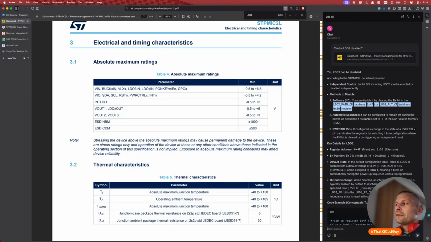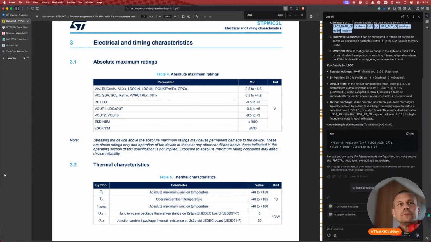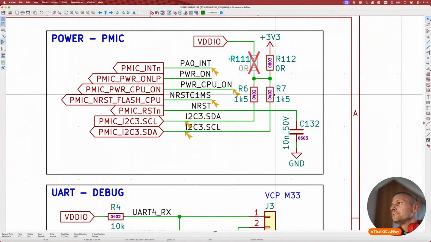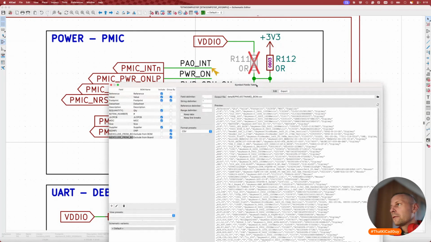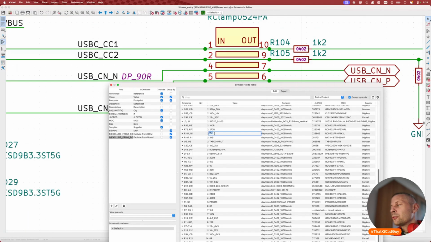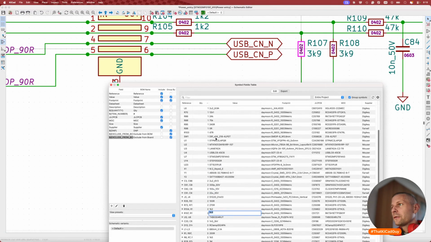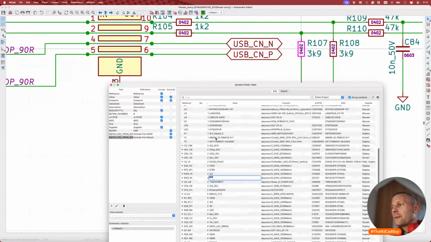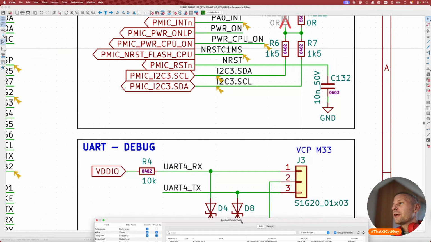I think 1 to 10 is an average value. We have 1K2, that's one possibility. We have 3K9, that's the other one. I tend to use 3K9 instead of